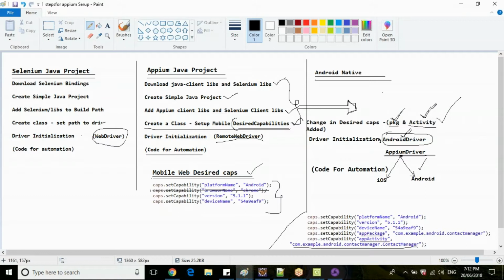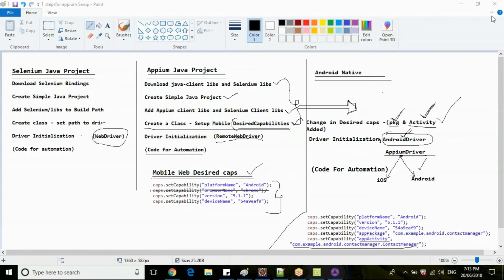So why are this package name and activity name used, guys? To uninstall, to install, or to identify your application uniquely. And activity name is to identify your current page or activity on your mobile.